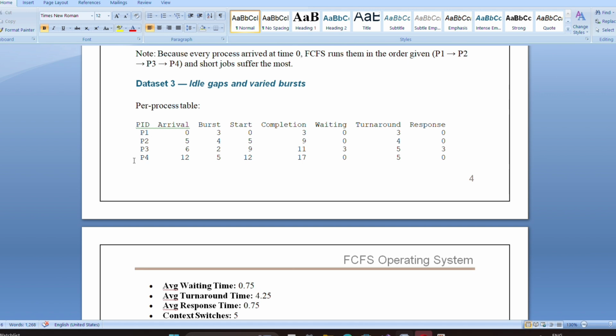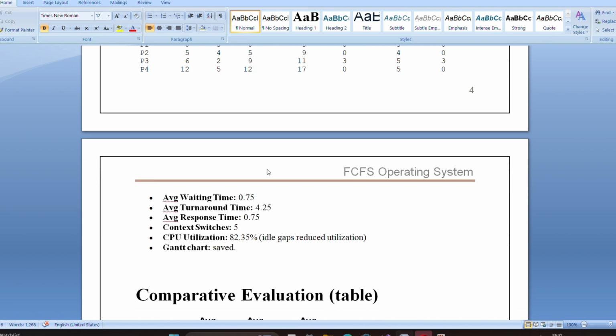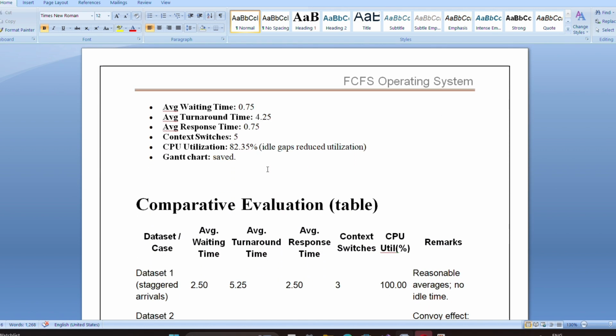0, 0, 3, 0. As a result, we get average waiting time 0.75, average TAT turnaround time 4.25, average response time 0.75, context switching is 5, CPU utilization is 82.35%. Gantt chart, here also it is saved. These are the 3 datasets, and with the result of the output I have said